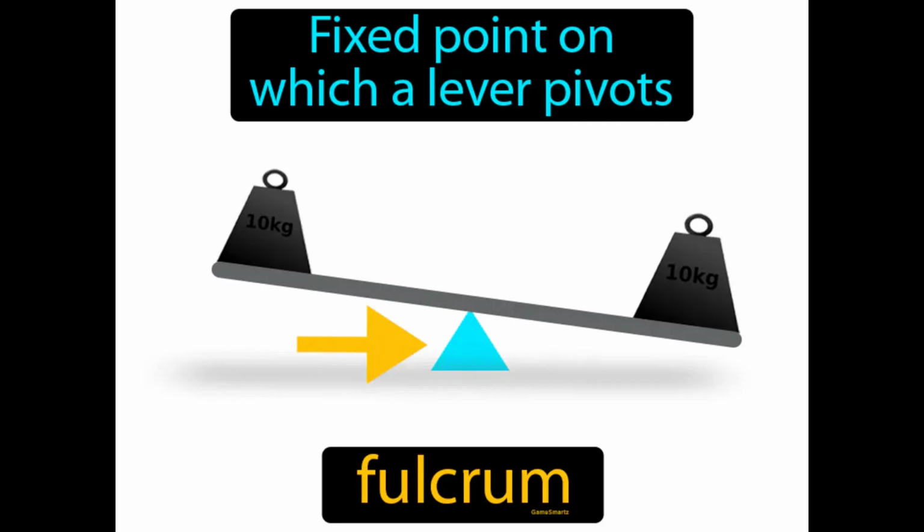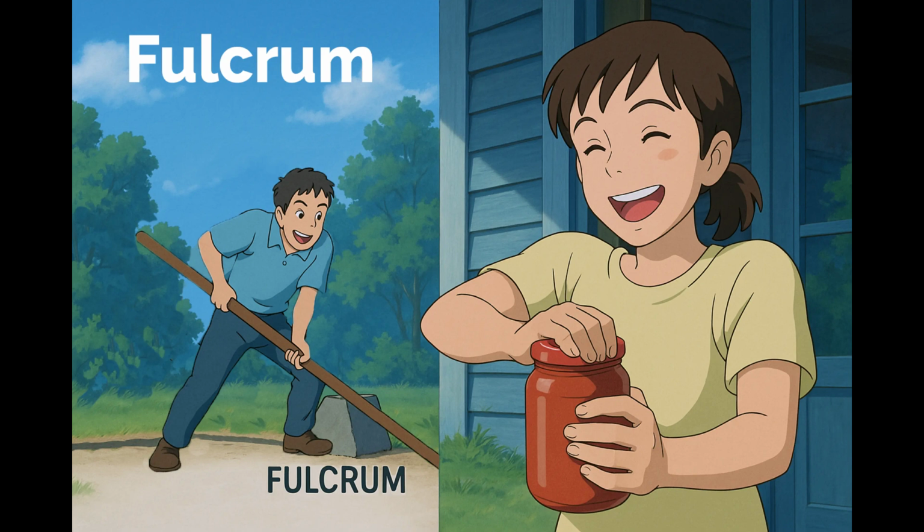Fixed point on which a lever pivots. Fulcrum. A fulcrum is the support or point that a lever balances on and uses to lift objects with less effort. Imagine you're trying to open a stubborn jar lid, but it just won't budge. Just like when you find the right spot to grip the lid and apply pressure, a fulcrum is the